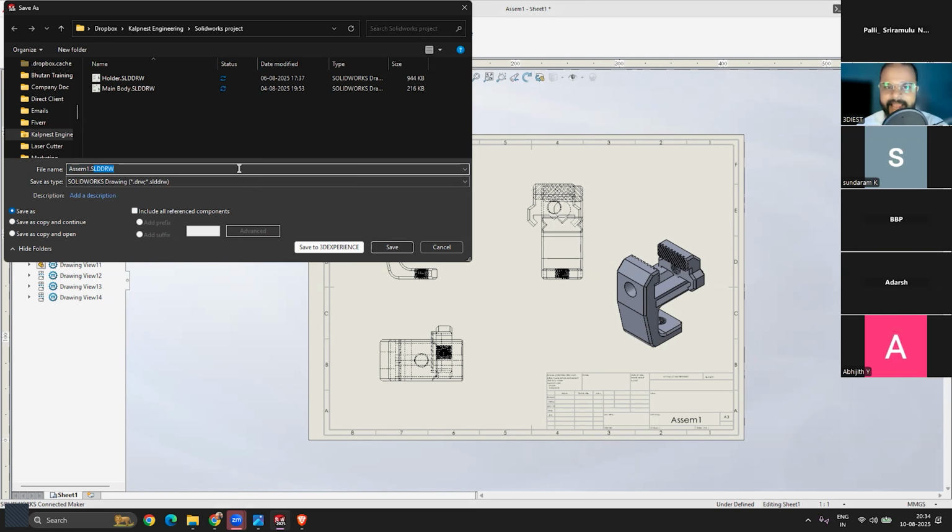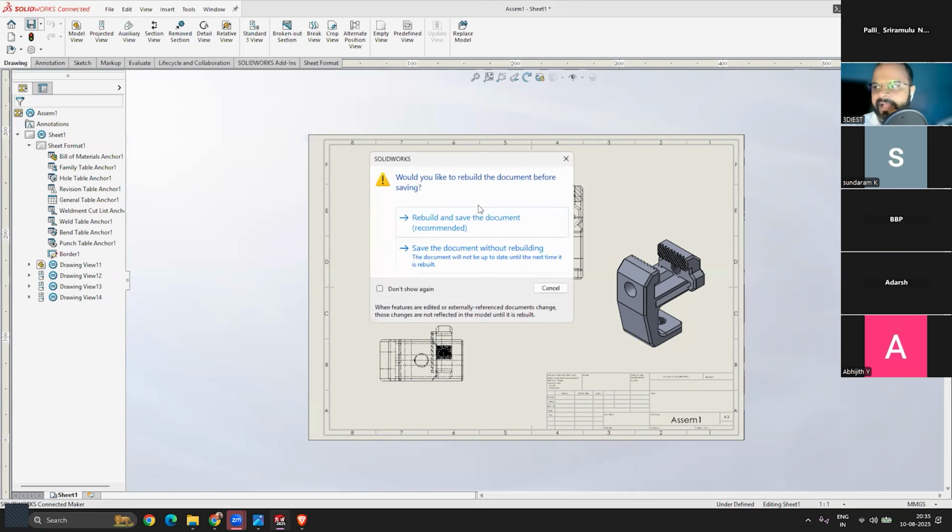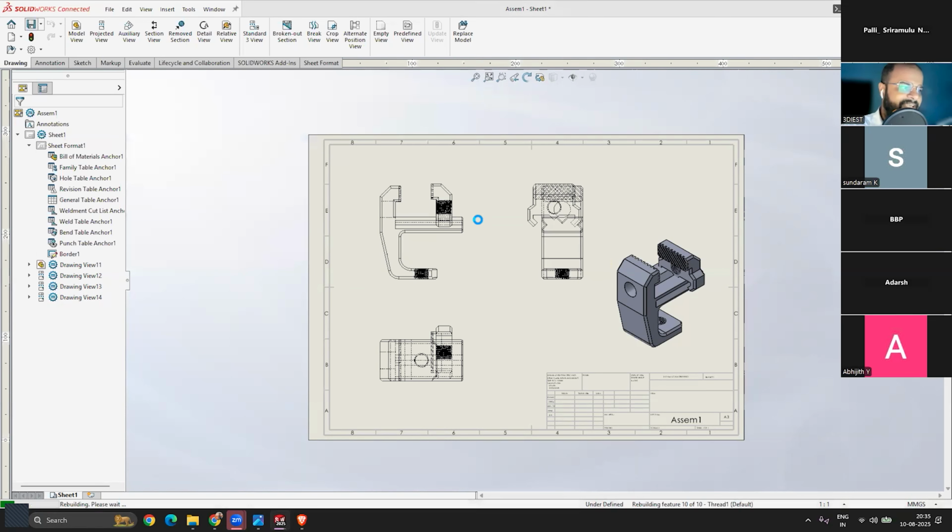So all the time inside SolidWorks, if anyone asks you what is the default file format for the SolidWorks drawings, it is SLDDRW. DRW for the drawing and SLD for SolidWorks, right? For the part file, it's SLDPRT. For the assembly file, SLDASM. For the drawing file, it's SLDDRW. Simple, right? I will click on save and this just got saved.